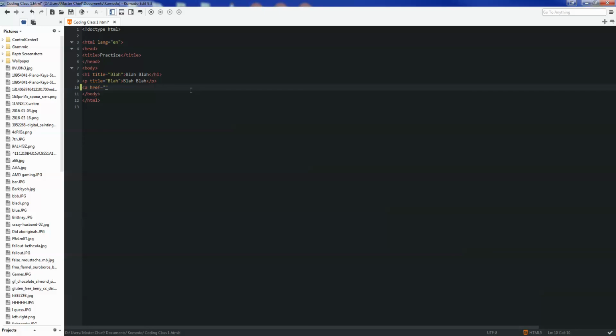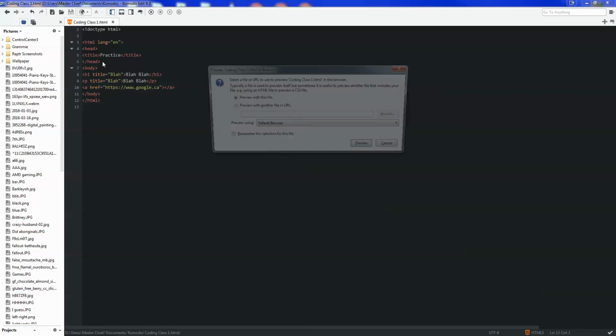So now what we're going to do is we're just going to go for Google. So https://www.google.ca. Boom. And then close it. Now, as you can see, we've got a finisher and then A, because the A, think about it like a P, it always has to be finished. Now, when we save it and run it,